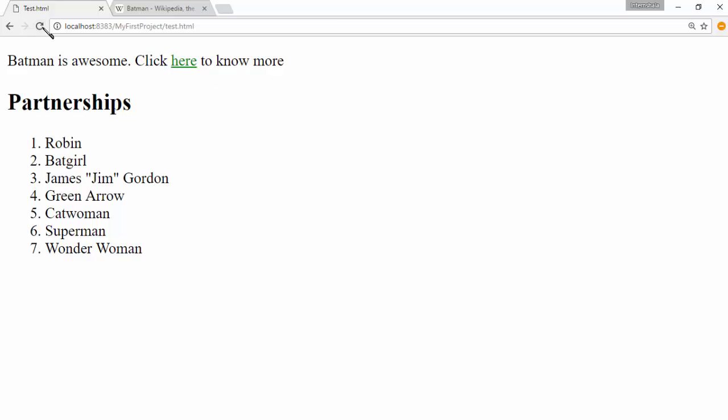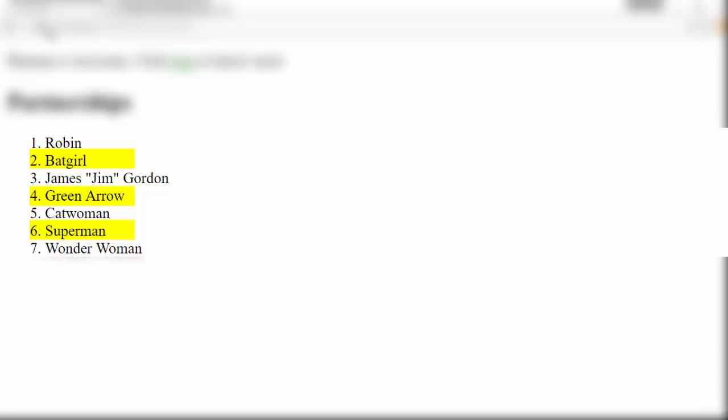The hover pseudo class is very useful when dealing with tables. You can use it to define background or text color of the table rows when someone hovers over it. It can also be used for list items. Let me use it for the list that we have used in this example. Let me style background color of even child item of the list as yellow and that of odd as gray.